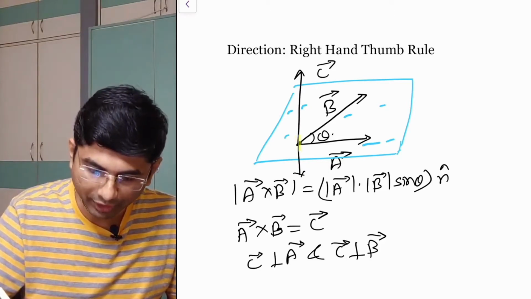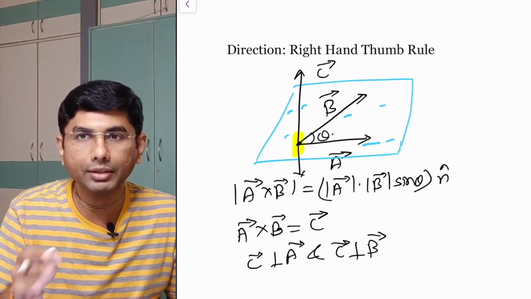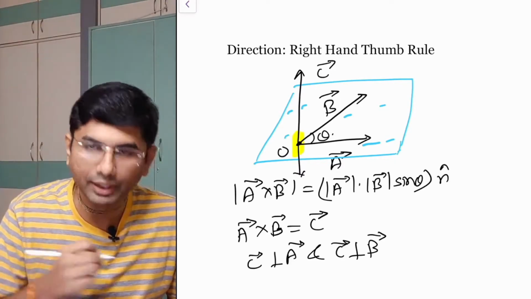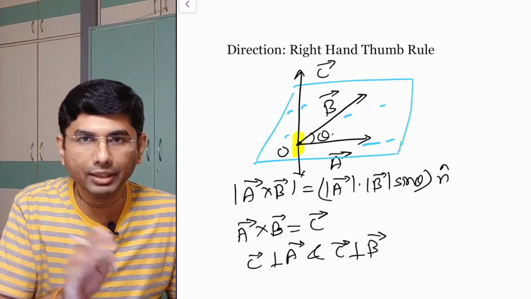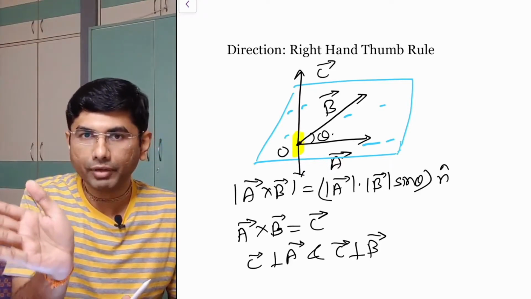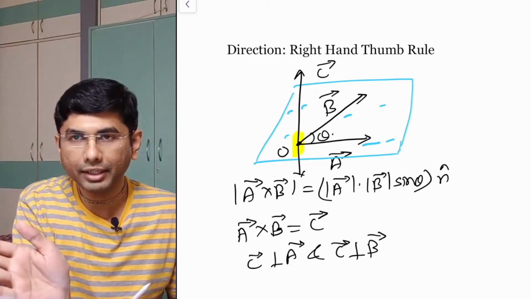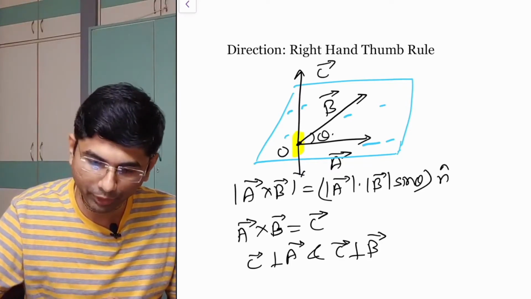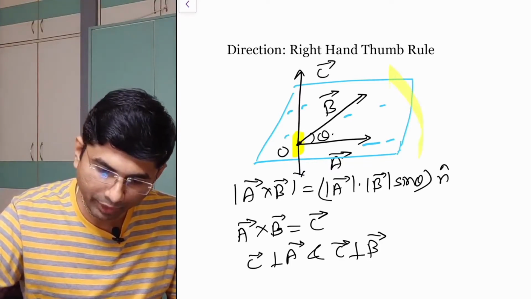At the joint, first you have to place your finger, your hand here. Maybe this point is O, I am just notating this as O. At point O we first placed our hand. Then we are using our right hand, and then we are curling it from where? From A to B. If we are going from A to B, it will be something like this, from A to B.